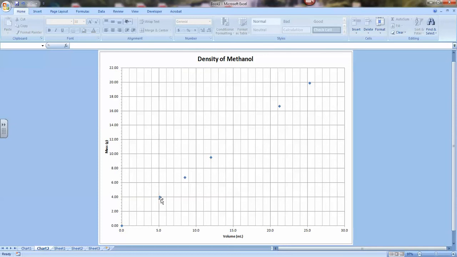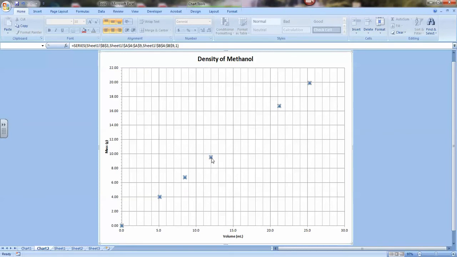We don't want to have to just draw it ourselves after printing the graph. Now look how we do this. We see the data points. There's 1, 2, 3, 4, 5, 6 data points. I'm going to click on any one of them. So just click on any data point, and you'll notice that all of them get highlighted when you click on